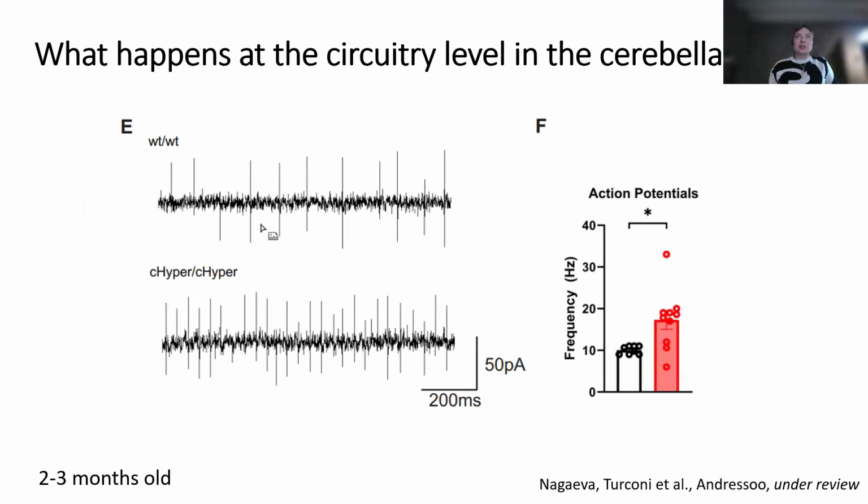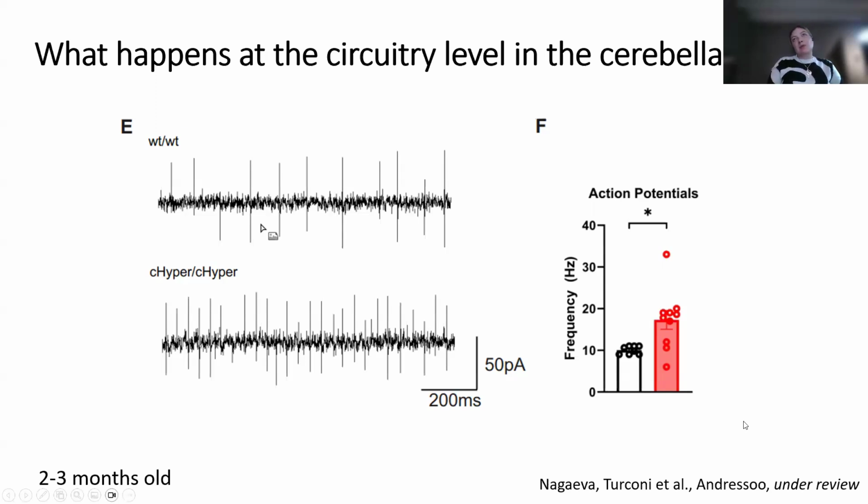Then, logically, we assessed how the spontaneous action potential frequency changed, because we have more excitatory inputs coming, and we expect to see upregulation of frequency. And that's indeed what we saw, around twofold. So these Purkinje cells fire faster now. But it was done without blocking anything, so it includes all the common innervation, of course.